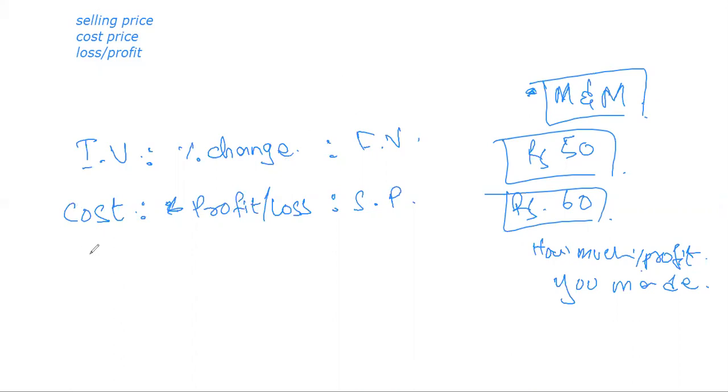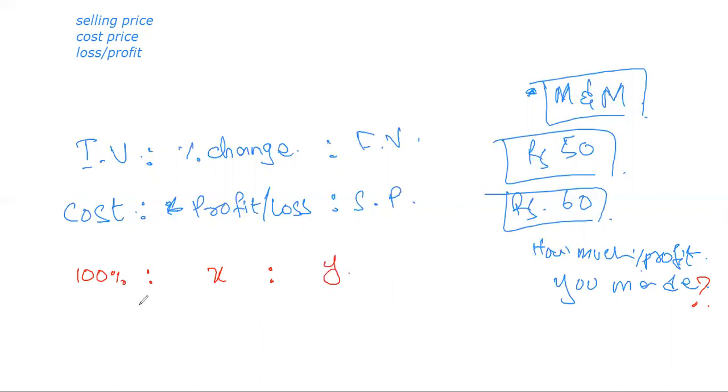ओके. So do I know my cost here? Yes, I know my cost. In terms of percentages, cost is always 100%. First, let's talk about percentages. Right? Do I know my percentage profit? No, वही तो मुझे find करना है. Do I know my percentage profit? No, I don't know my percentage profit. Do I know in percentage terms my selling price? No, I don't know my selling price in terms of percentages. सही है? तो वो भी मुझे नहीं पता.